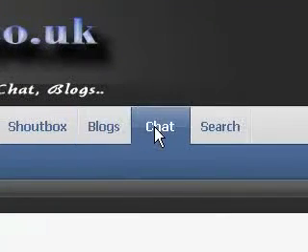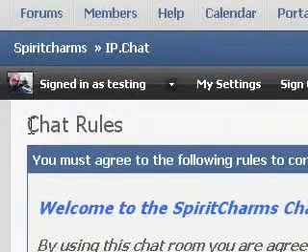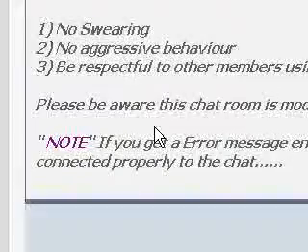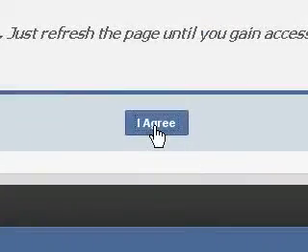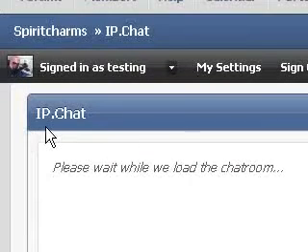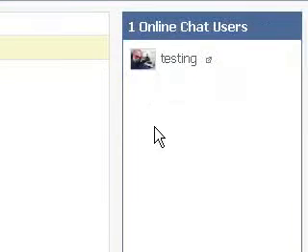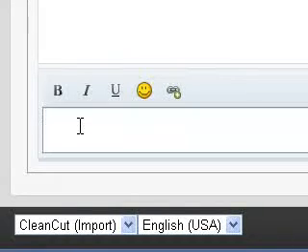We also have a chat room. You've just got basic chat rules that I've put in there, and you just click on agree like so, and off you go. You're in the chat room. This is an instant chat room where other members can come in and you can have conversations with them, and it's instant.